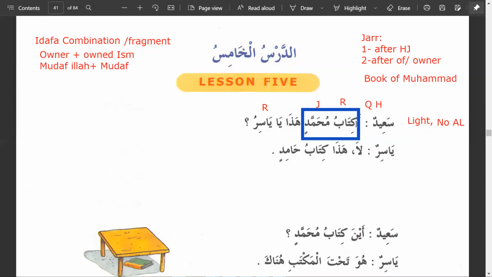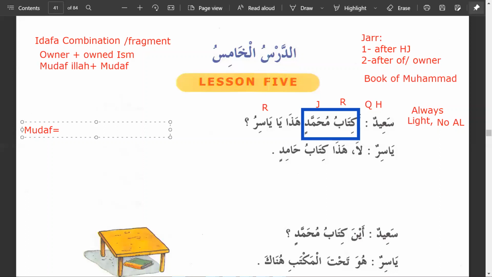The owned ism, the mudaf. For mudaf, we have a condition that it should always be light. Let me write over here. There are very few things that are always in Arabic grammar, but mudaf is always light, no alif lam. Okay, no al. Just like an equation, if you remember, mudaf